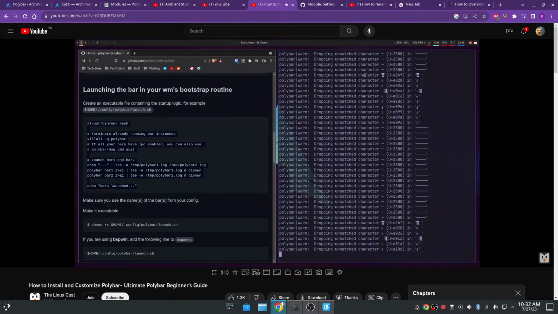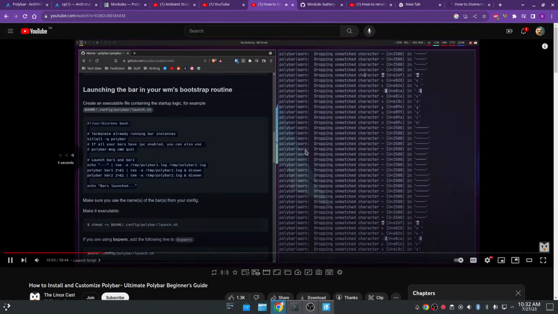Now, you don't want to have to start your Polybar from the terminal. It's not very good that way. It's just not the way it's supposed to be done. So what you need to do